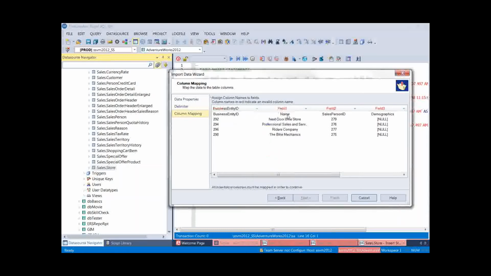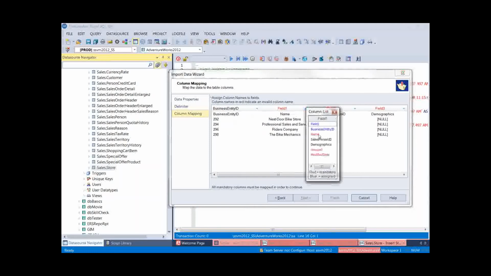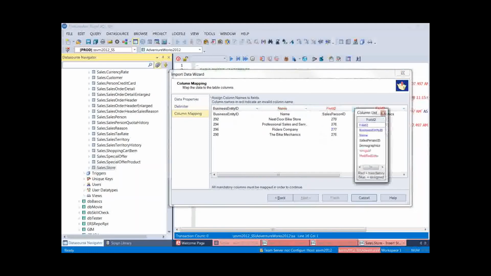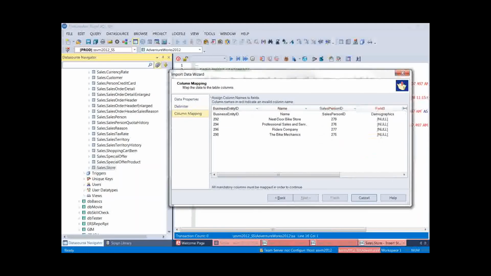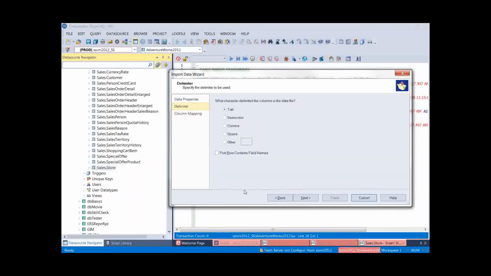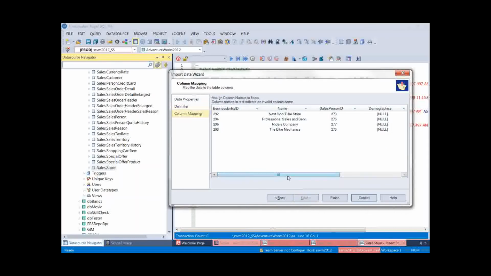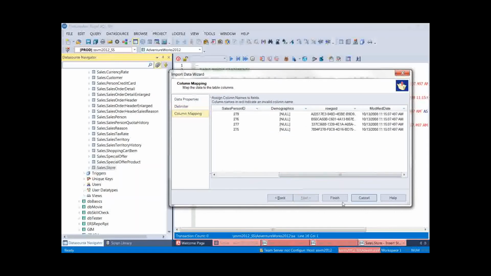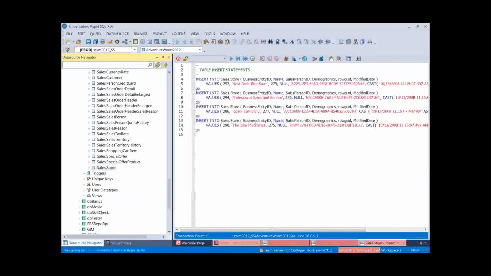So I could pick business ID. Here is my name. And again, I'm sort of cheating because I see everything here. I'm going to take a step back, and we'll check this field name. Now I have my rows here ready to go. When the Finish button is enabled, that means you've got a situation where the insert statements are going to execute successfully against this table. So when I press Finish, what appears,